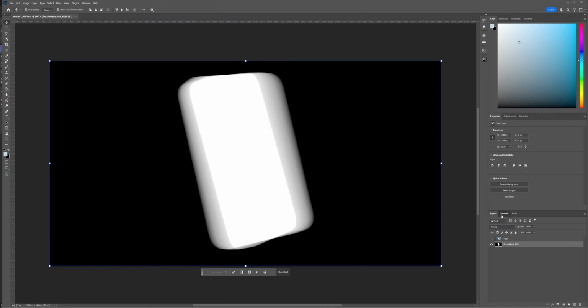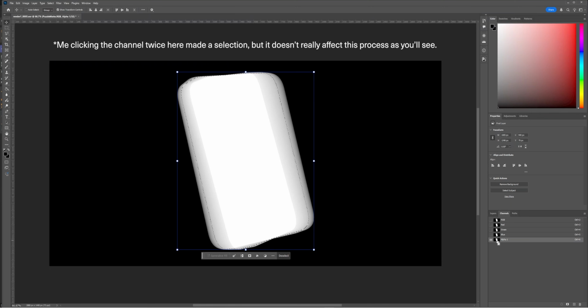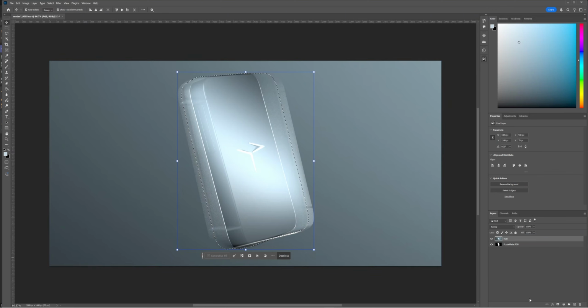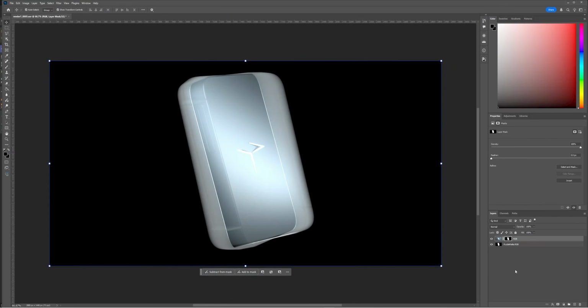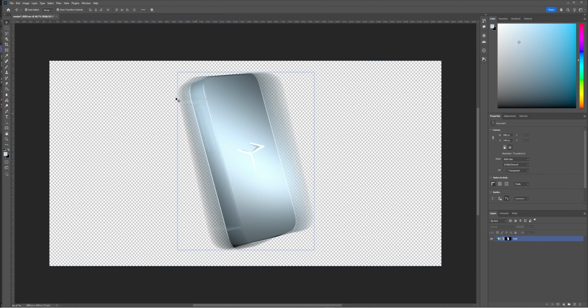So the way to get a puzzle matte from this RGB layer is to select the layer, hit copy, paste it in as a channel, then copy the channel, and we're going to come back to our RGB layer and paste it as a layer mask. If we then turn off the PuzzleMatte RGB layer, or even delete it because we are done with it, then you can see that we are left with a transparent